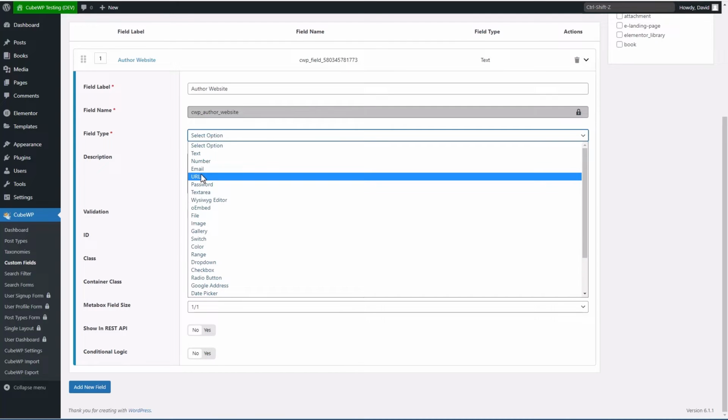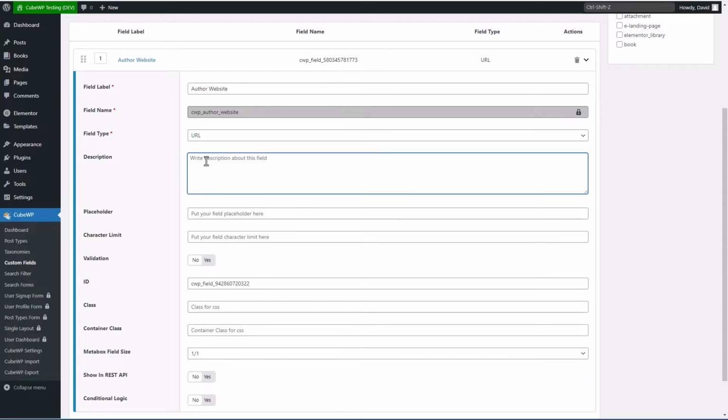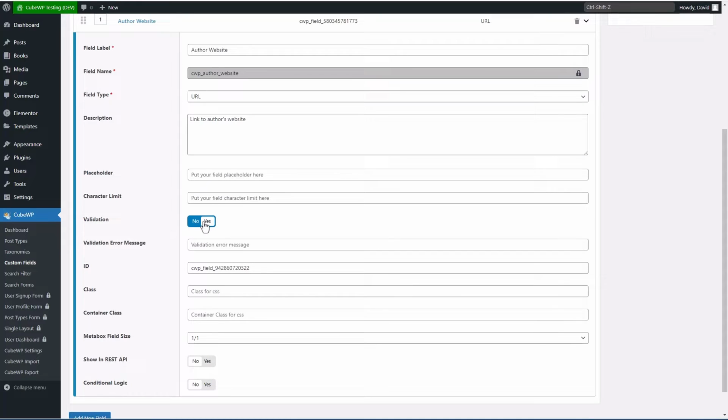So we'll say that we want a URL field and give a description of link to author's website. We don't need a placeholder or character limit. We'll say we want it to have validation, and we'll say valid URLs only. And then this ID class and container class, I think that's for styling with CSS.